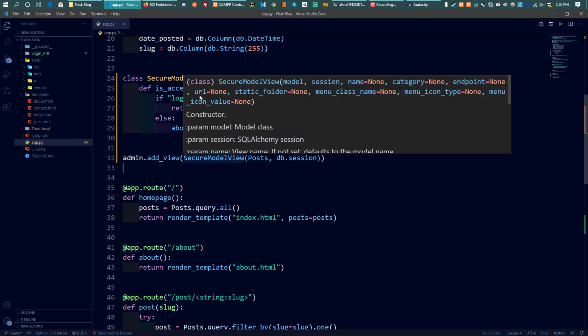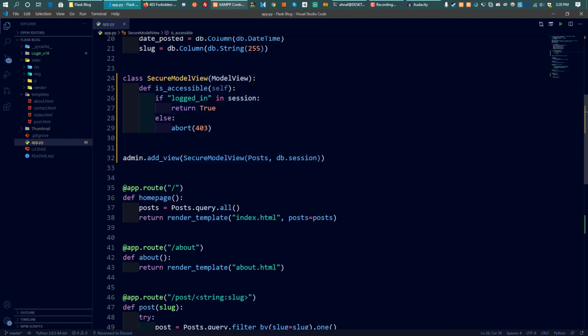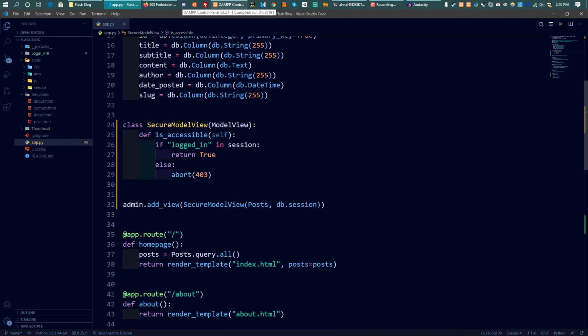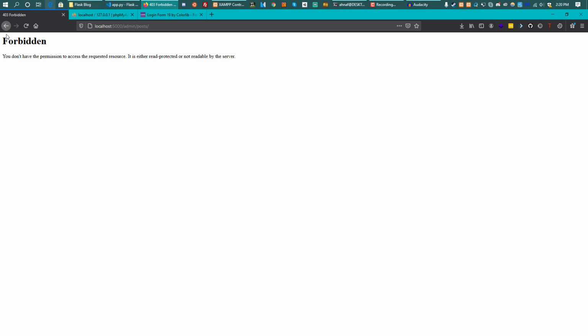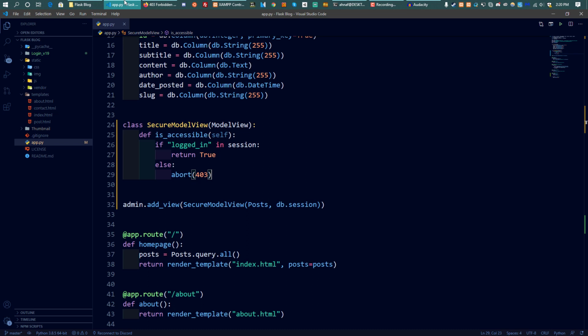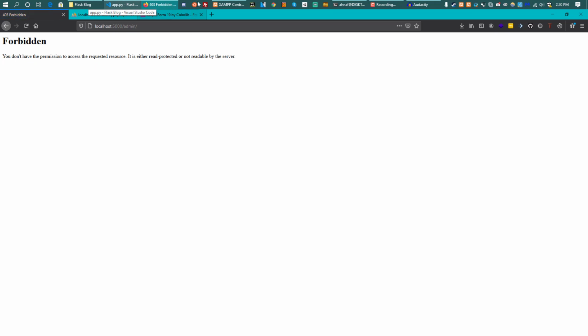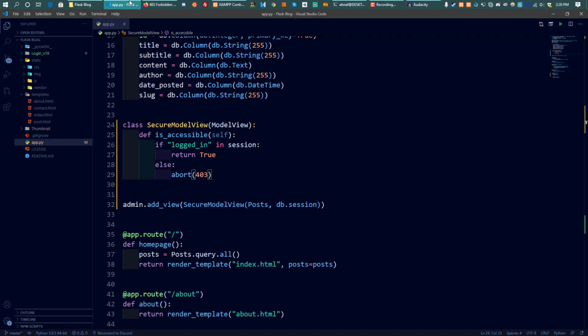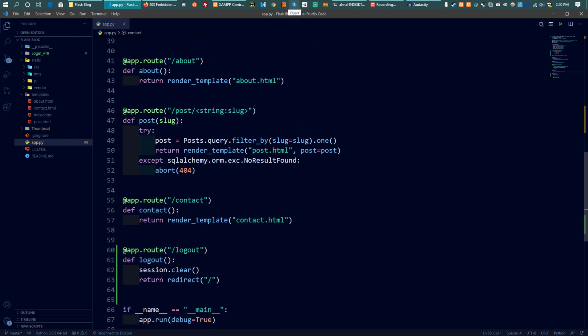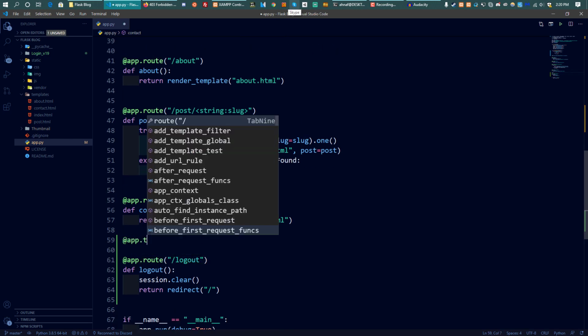So as you can see, since I'm not logged in, the session object is not returning true, and instead it's returning 403. The 403 code means forbidden, and I can't access it. So if I now go over here, it's still 403. I can't use it. So now we can make a login system, and app.route